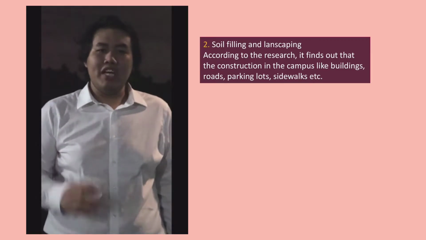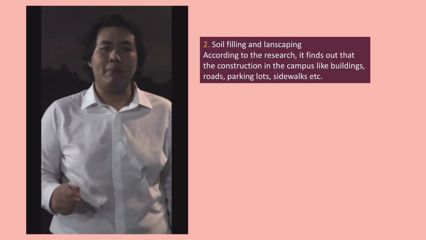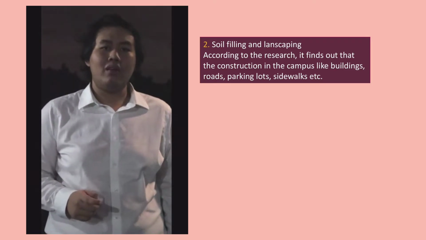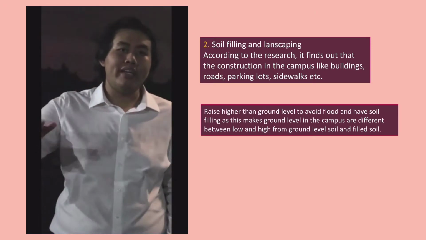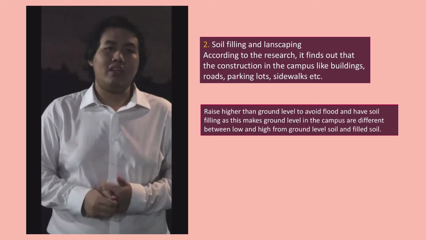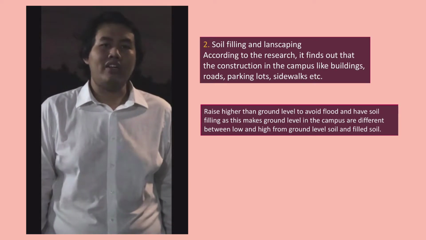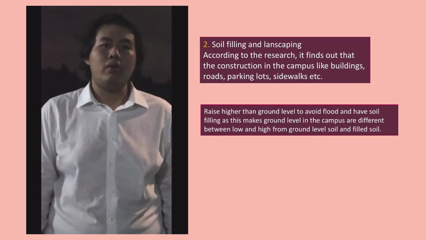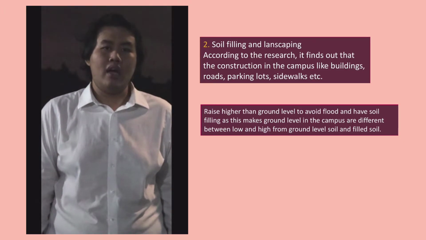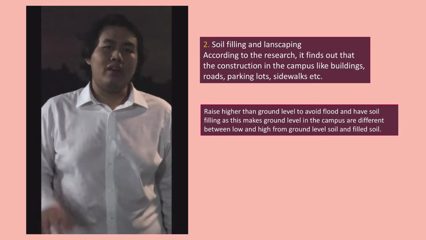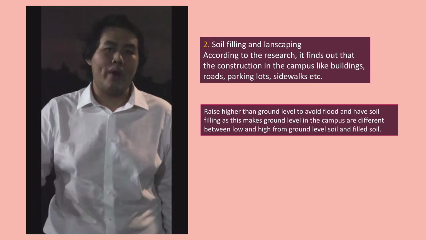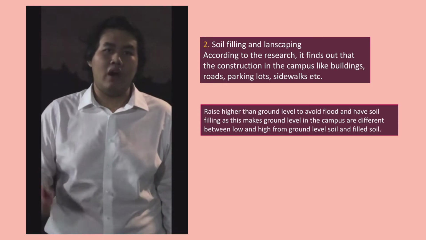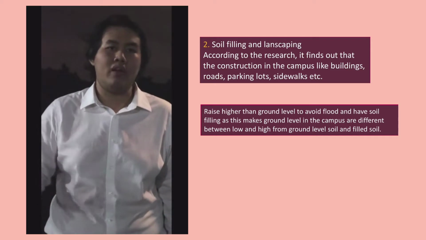According to the research, it's found that the construction in the campus, like buildings, roads, parking lots, and sidewalks, is always raised higher than the ground level to avoid flood and has soil fillings. And this makes the ground level in the campus different between ground level soil and filled soil, and this makes water running as sheet flow down to drainage basins like sewers or canals harder, because the sewers or canals are higher than the water levels,